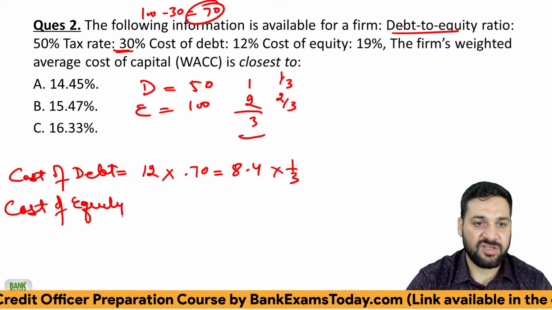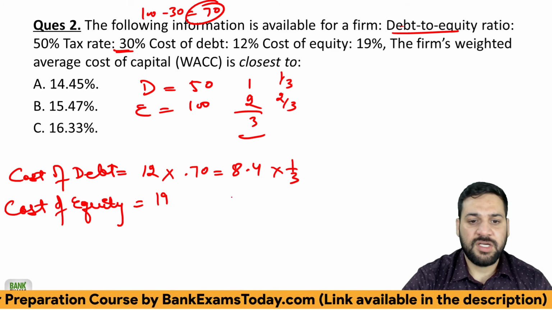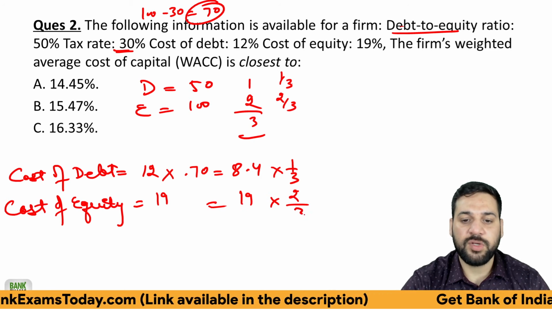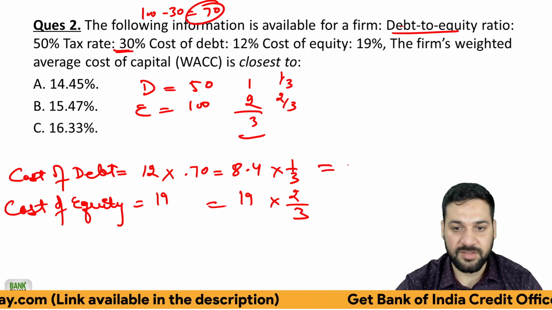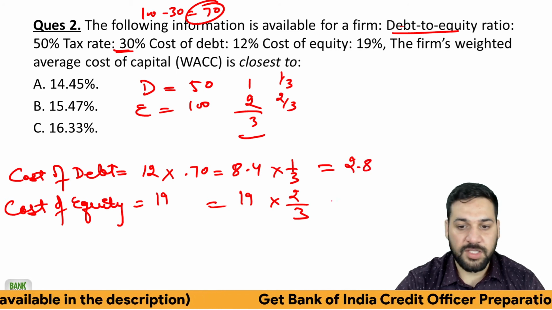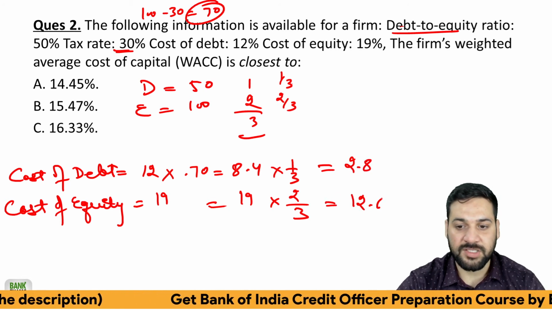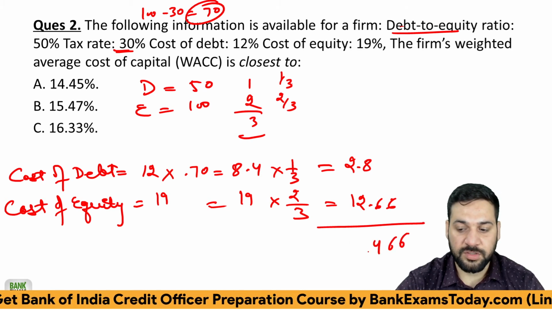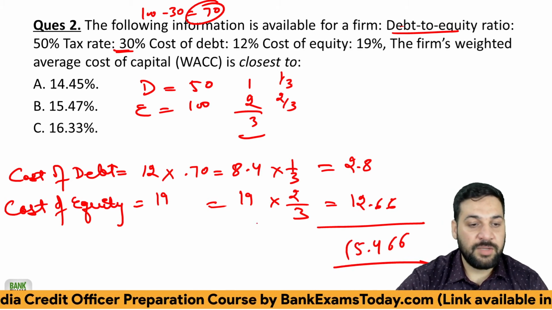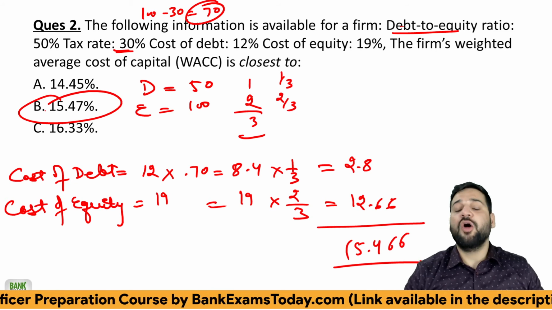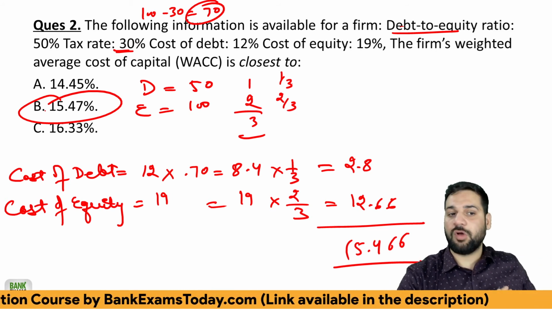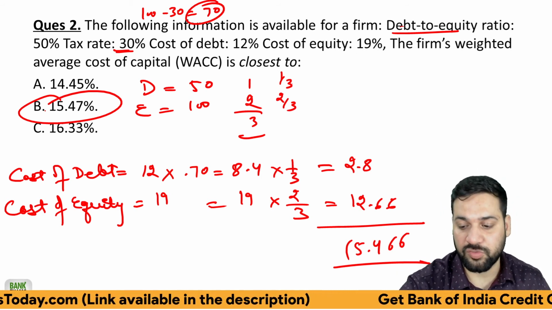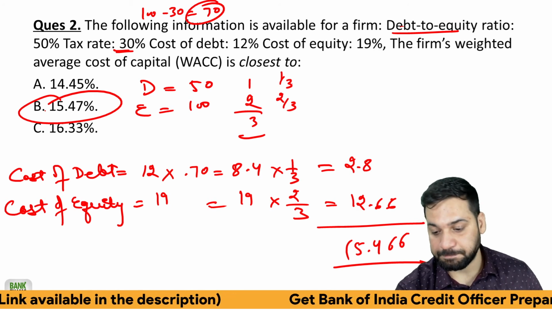द कॉस्ट ऑफ इक्विटी, विद इन 2 लाइन्स यू कैन सॉल्व इट। द कॉस्ट ऑफ इक्विटी, ठीक है, 19%, यहाँ पे ऐसा कुछ है नहीं इसका, ठीक है, लेकिन वी गॉट द वेट as 2/3, okay, so just do it and you will get your answer, ठीक है। तो simply आपको आपका आंसर मिल जाएगा, that is around 2.8 and this one is around 12.66 I guess, so 15.47% is your answer, ठीक है। Options would be quite close, options बहुत close होंगी because calculators are now allowed, कैलकुलेटर्स अलाउड है, इसलिए ऑप्शन बहुत क्लोज होने वाली हैं, ठीक है। प्लीज रिमेंबर दैट, ठीक है।